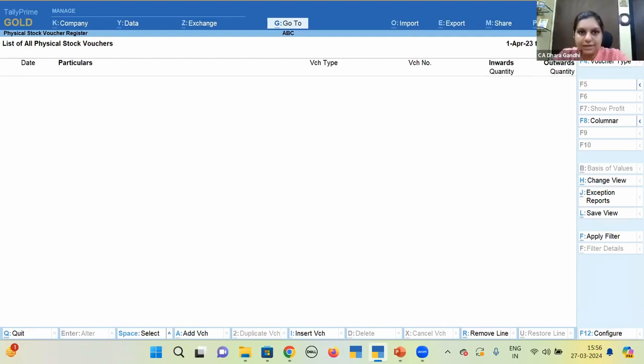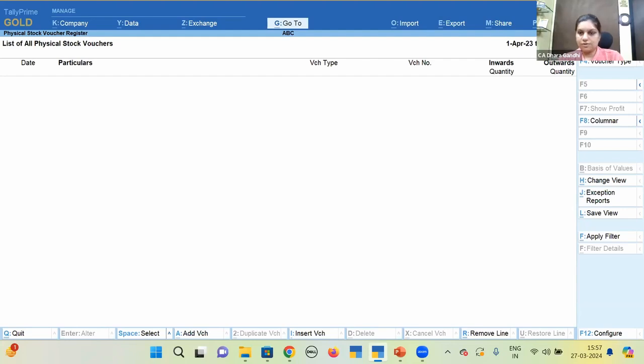अगर ऐसे कोई stock से related adjustments they have done, you will be able to see in physical stock voucher register. अभी मैं आपको physical stock voucher register I won't be able to run through it now because it is very vast topic. अगर हम लोग वो कभी करने बैठेंगे तो it will take more 1.5 hours. So what you can do is, along with stock JV register, you can check physical stock vouchers also. You go through that physical stock voucher, whatever adjustments has been done by your clients as on a specific date, you will be able to get it in physical stock voucher register. So this is easier way to manipulate the stocks